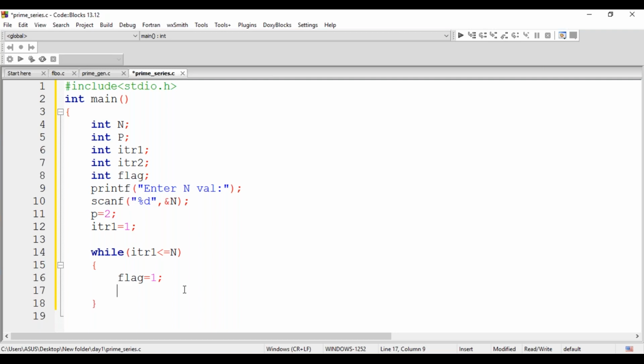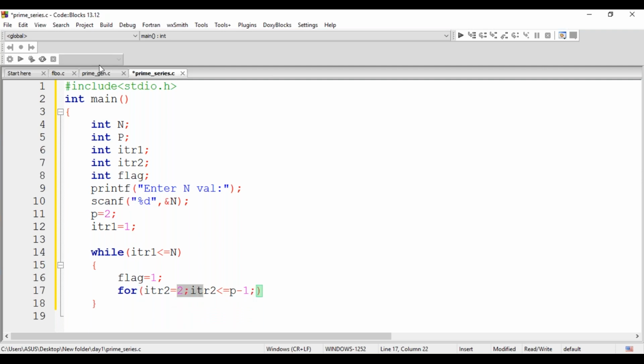Followed by it, let me have an inner iteration, a for loop, where ITR2 starts with 2 and ITR2 is less than p.